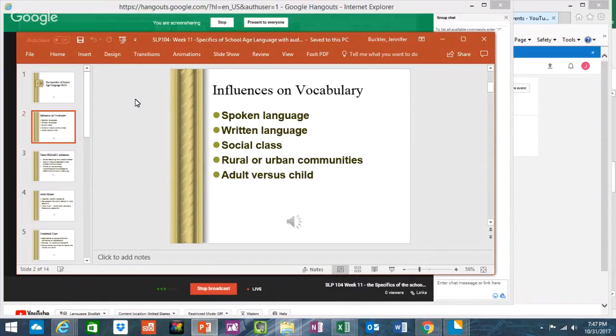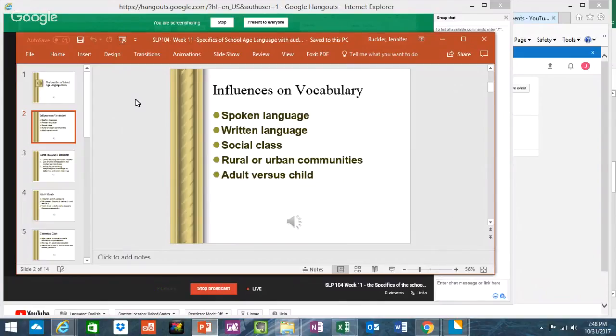Certainly, vocabulary is influenced by social class. We know that children born in low socioeconomic environments have up to 35,000 to 50,000 fewer words that they get exposure to by the time they enter kindergarten. So definitely an uneven playing field, so to speak, in terms of children who are in upper middle class and middle class socioeconomic backgrounds. So social class definitely has an impact on vocabulary and how vocabulary is acquired and how